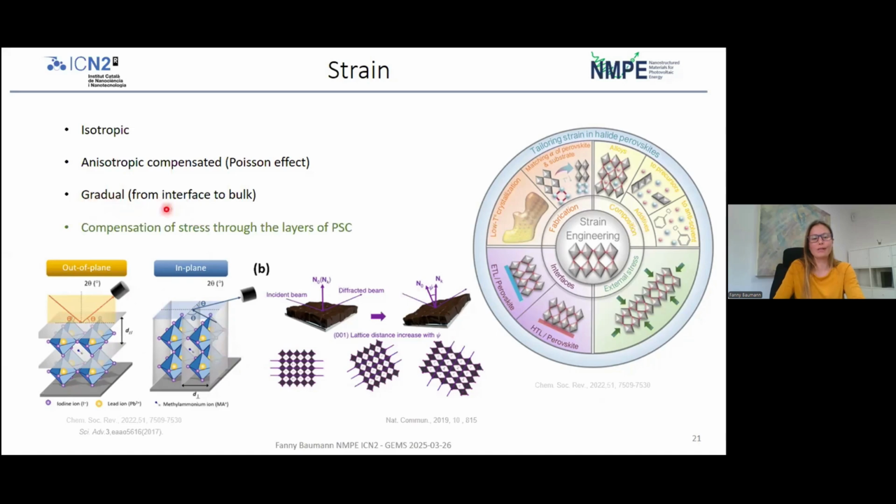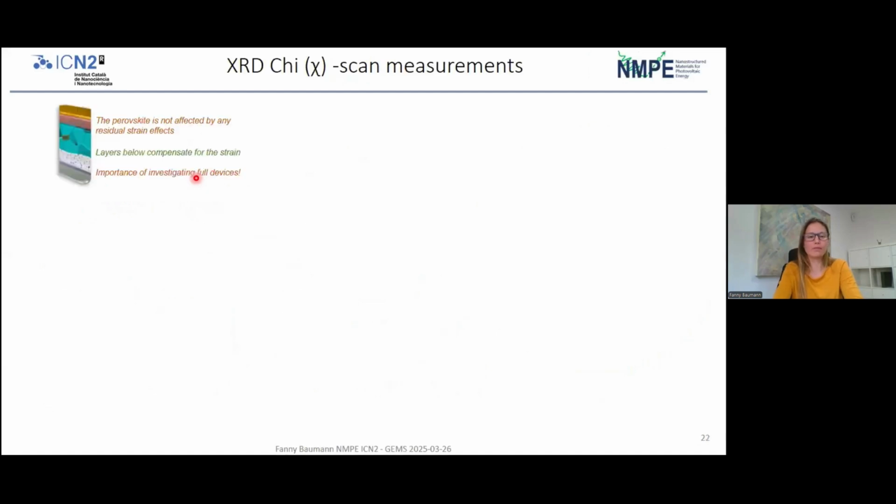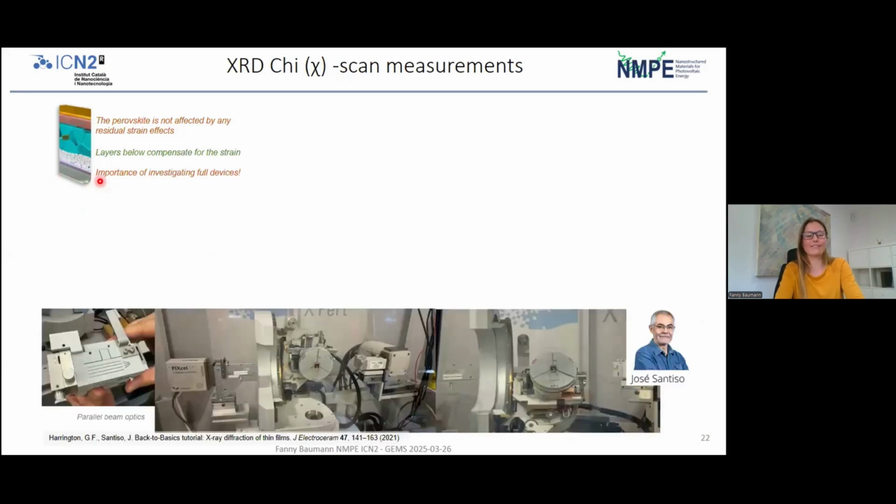I mentioned this because there was quite a discussion with our reviewer for this paper about this, and we ended up performing some interesting complementary experiments. So our belief is that the perovskite is not affected by residual strain after fabrication, because there are so many layers inside the stack that should be able to compensate for any strain that's occurring because of the large thermal expansion coefficient of glass. So we performed chi scan measurements, which